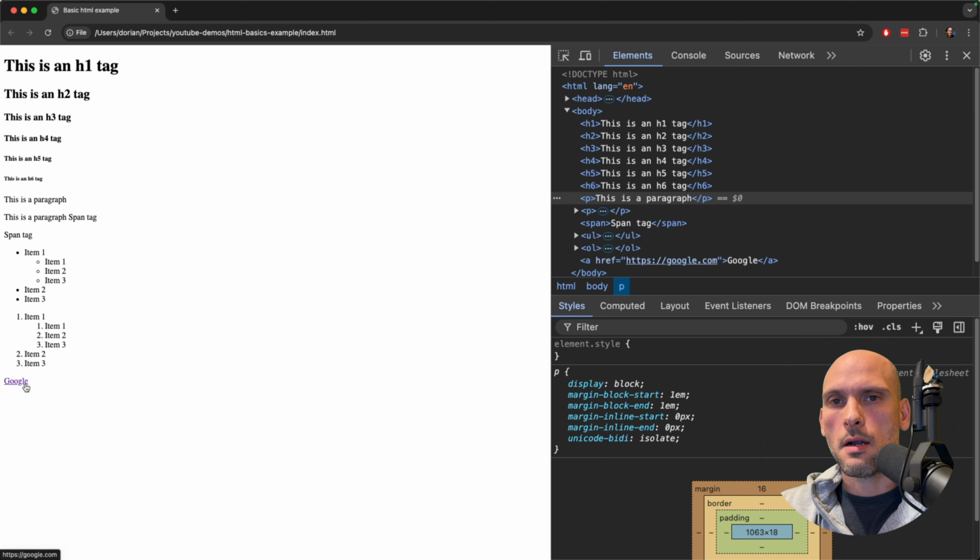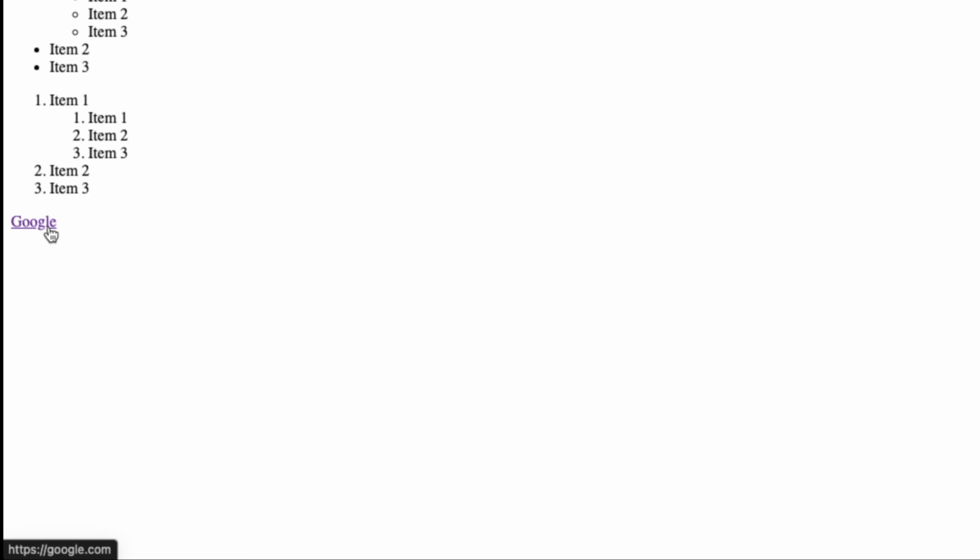And now we're going to see here, we have the anchor tag displaying on our web page. And at the bottom of my page, on the bottom left there, you can see it says the link that it's going to be going to, which is Google. And I'll click that